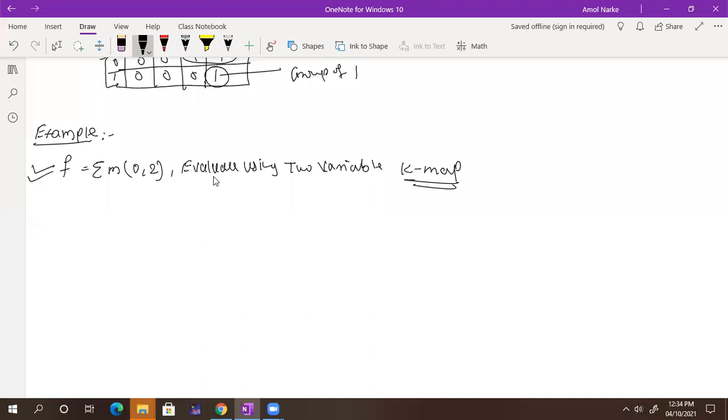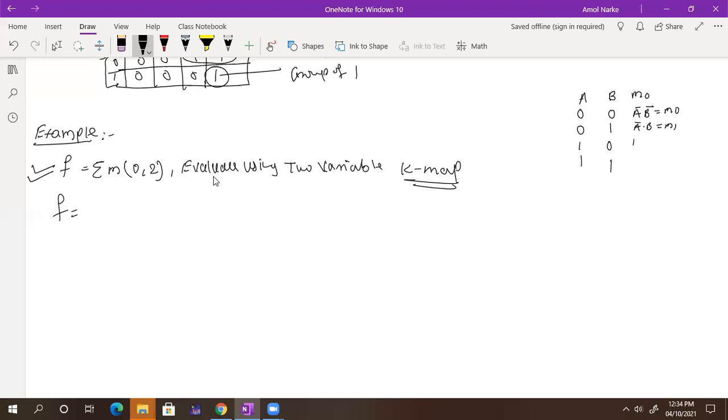Sometimes they have given the function in that kind of form, or sometimes they have given a function of m0. What is the value of m0? So I just calculate that. Here we have A, here we have B. Initially we have 0 0, then 0 1, then 1 0, then 1 1. So minterm m0 is A bar B bar. What is m1? A bar into B. That is nothing but m1.